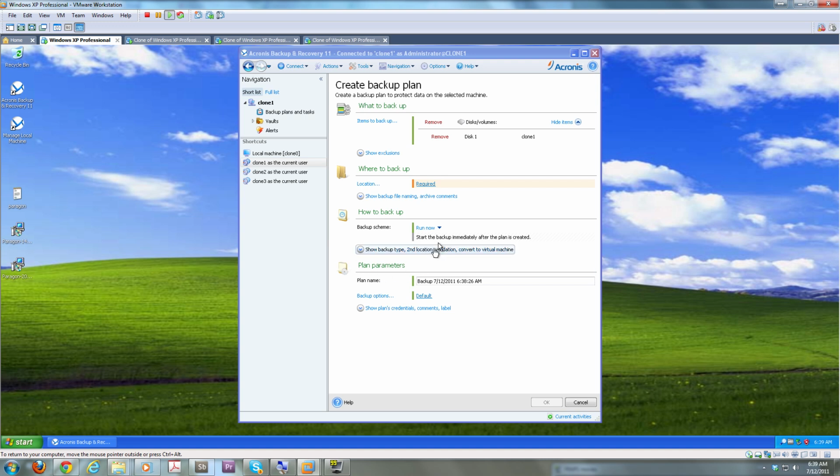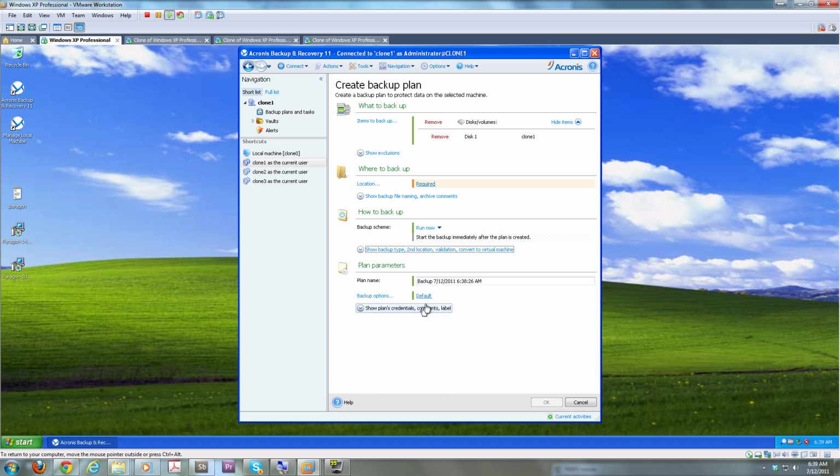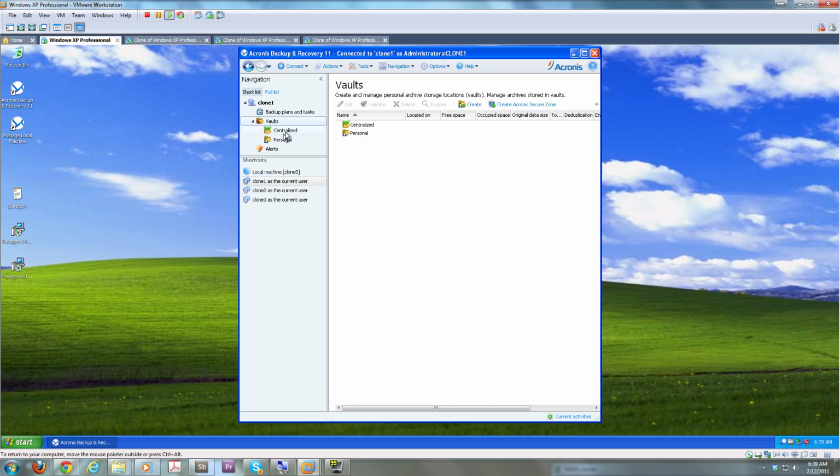Major disappointment there. We have a Tower of Hanoi backup scheme. That's not something I've ever heard of before. Very complex software here. Convert to virtual machine. That would probably cost additional money here. Let's set up a vault, a centralized vault,